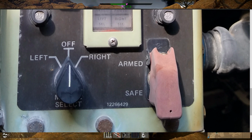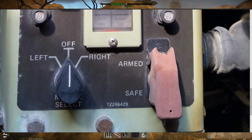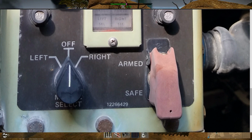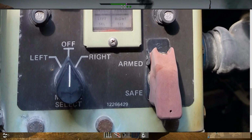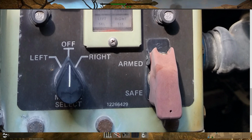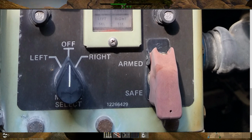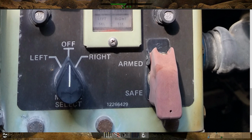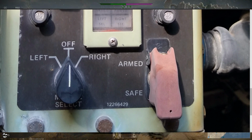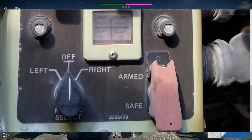And then of course, you have the arm and the safe switch. So you have just an extra measure of, do I really want to fire this missile? In War Thunder, we don't think twice about it because we see enemy, must shoot, that's how it is. But in real life, there's a lot more that goes into pulling the trigger. There's a lot more thinking involved. There's a lot more, is this really what I want to do? Yeah, there's a lot more checks and balances, especially when, unfortunately, in real life, there are quite a lot of incidents where